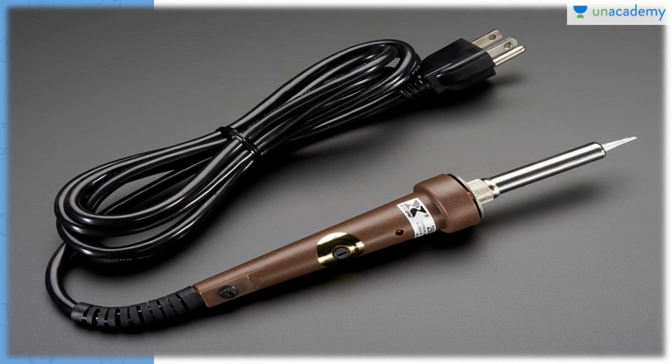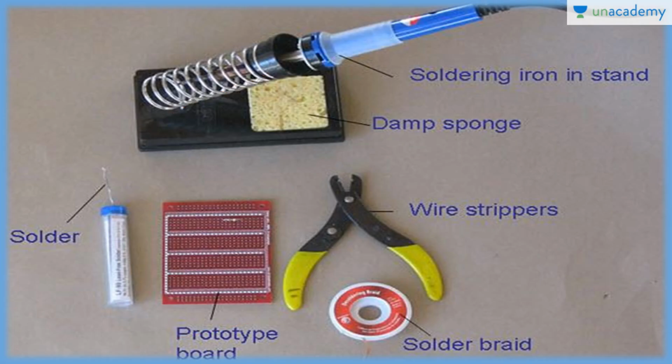So you can see, this is a portable soldering machine which is used for resistance soldering. These are the components of the soldering. You can see this is the soldering iron here. This is a damp sponge over here. This is the solder over here. These are wire strippers over here, and this is a prototype board on which the soldering process